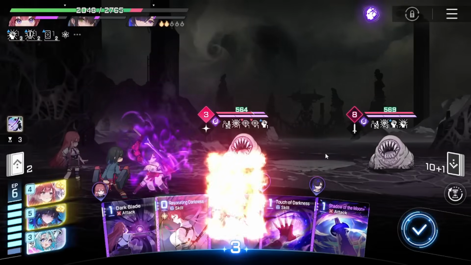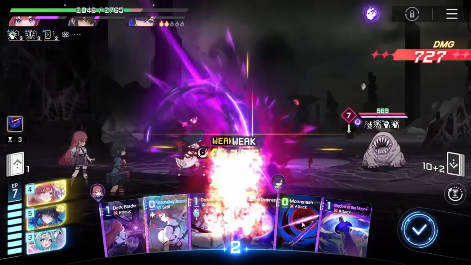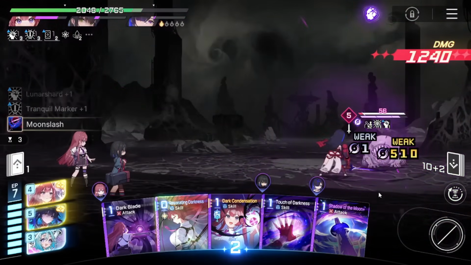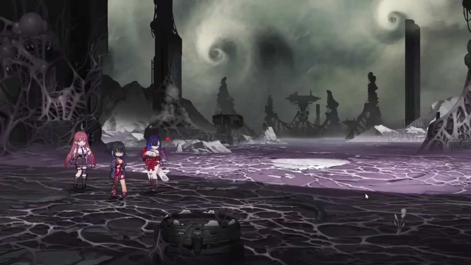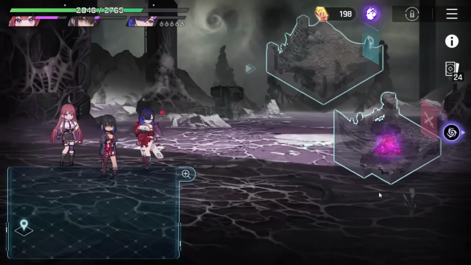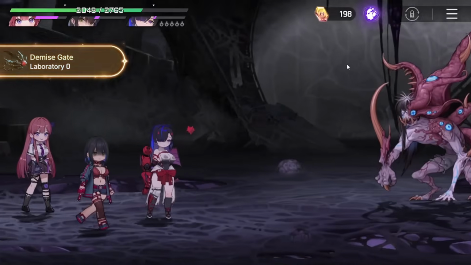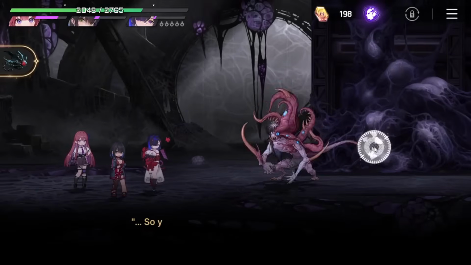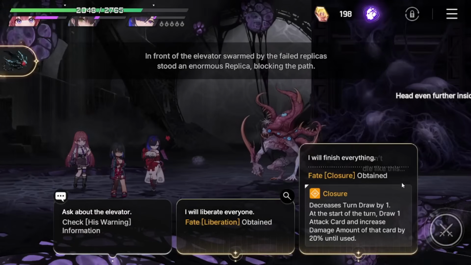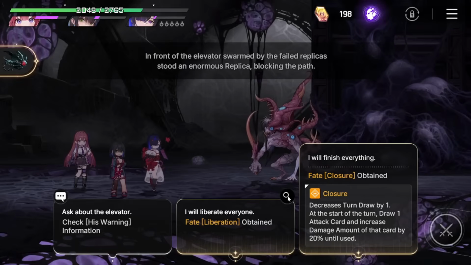I don't know what exactly is going on, but this seems like when you build her deck, she snowballs really well in longer fights. This fight wasn't even that long, right? It was like 3 or 4 turns. So we're gonna go up here. We have 1 more event, 1 more normal battle, and then 2 shops. I don't know what's going on. What is this? What? Decrease turn draw by 1. At the start of the turn, draw...